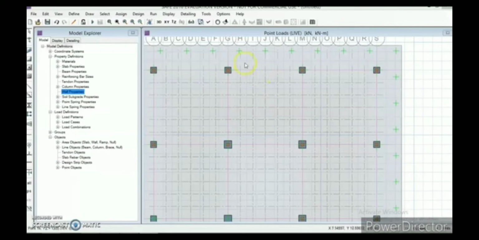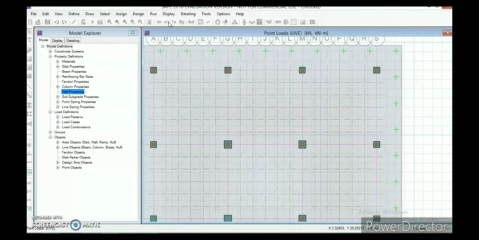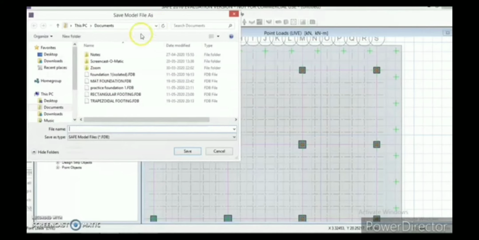So now go to run, run analysis. In run analysis, you need to save it with a name, and as this is the final project, I'm saving it as final project and save.